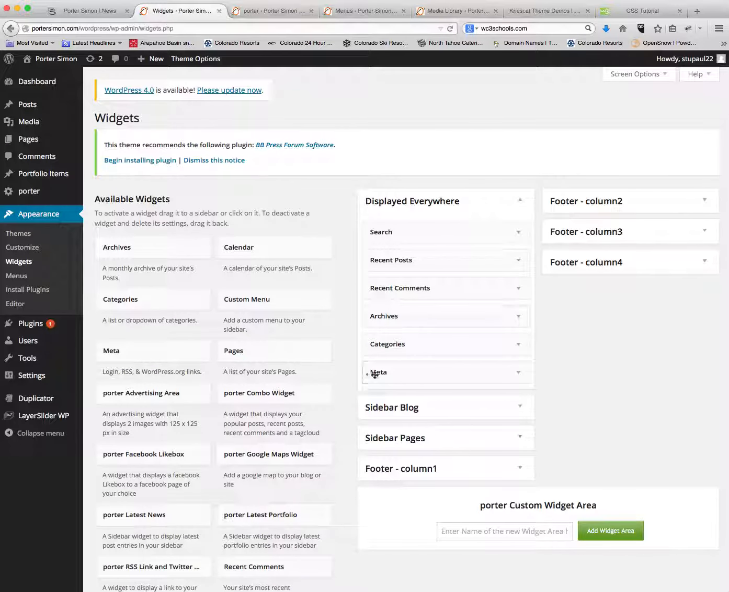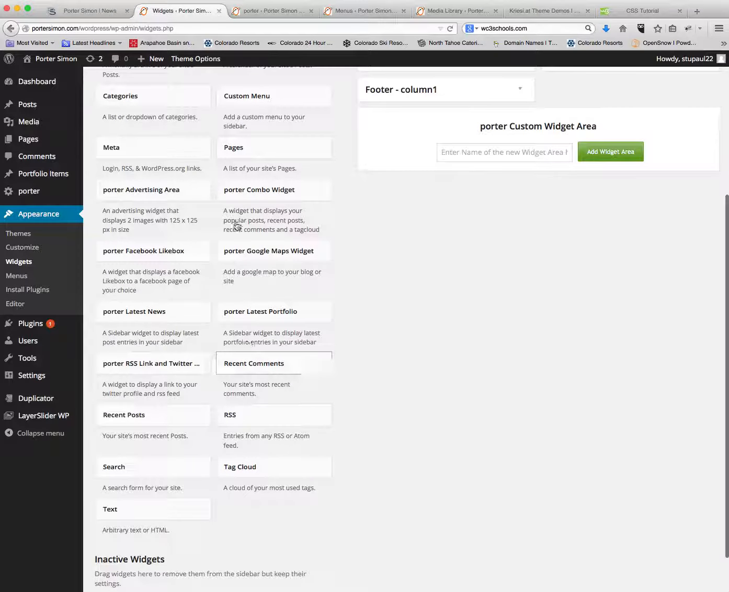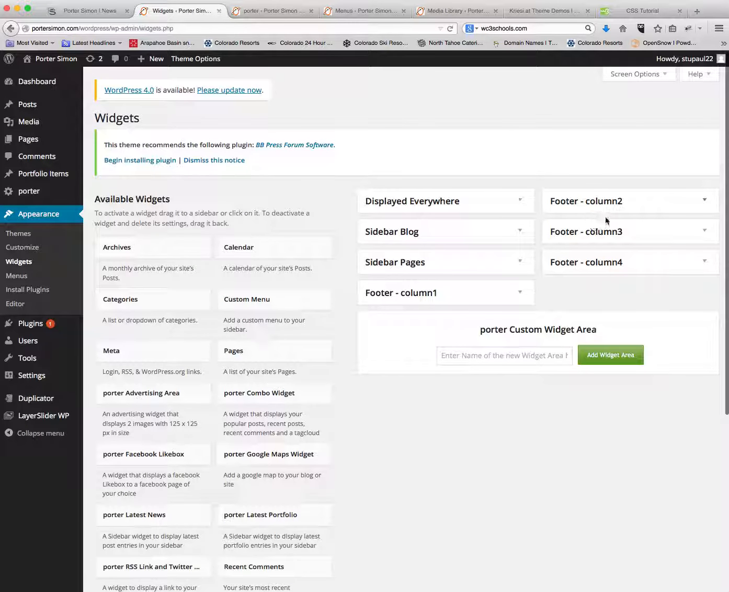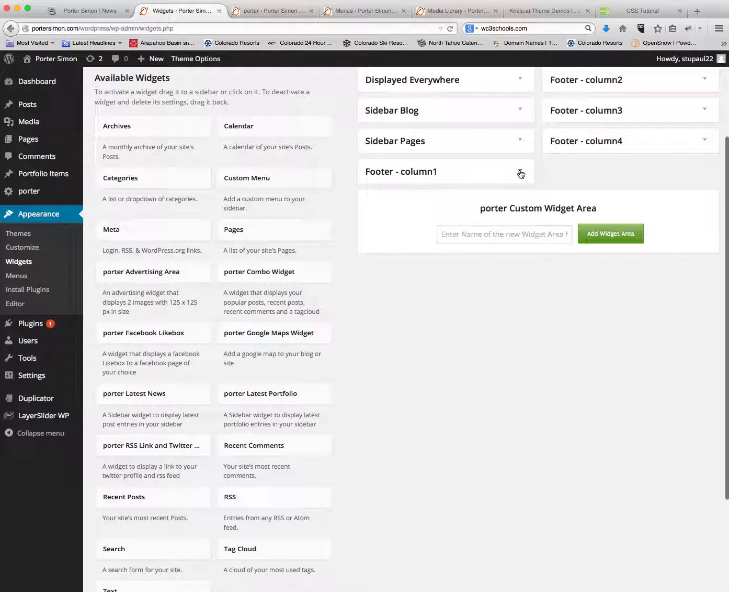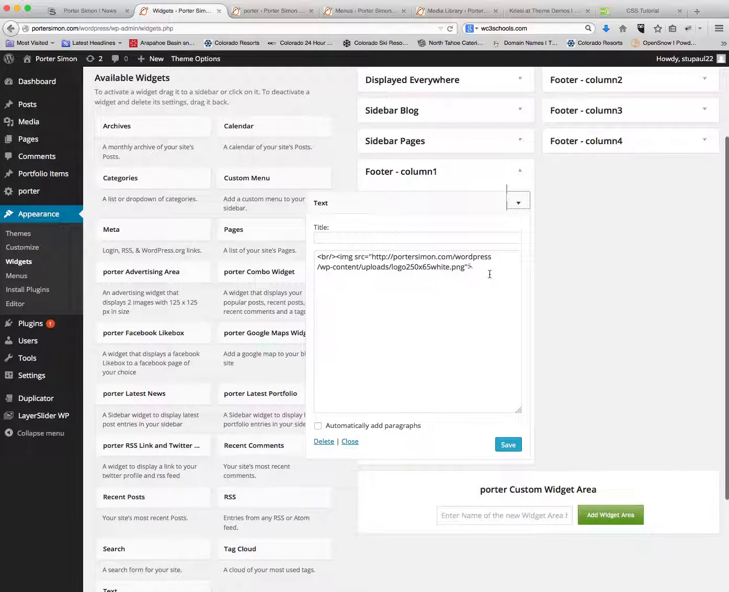And a widget is basically just a place. Like here, you can see I've got displayed everywhere: sidebar blog, sidebar pages, footer column 1, footer column 2, footer column 3, and footer column 4. And on the left-hand side, you have options for the widgets, and on the right-hand side, you have the widgets themselves. So you can see in footer column 1, I've placed a text box, and in the text box, I've written some HTML to call your logo, okay, from the